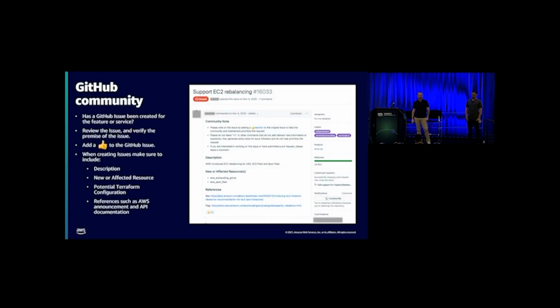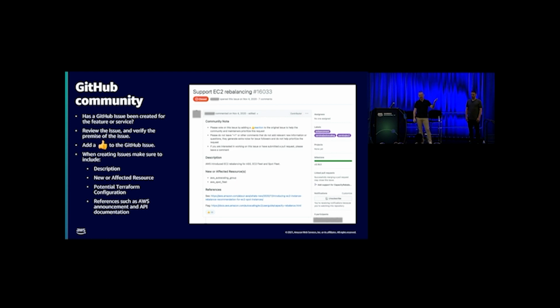So let's run through the anatomy of contribution. It always starts with the GitHub issue. What's interesting with Terraform and the way that they prioritize issues is that it's based on thumbs up. So community engagement. If you go and you see an issue that's there, and it hasn't been worked on or it hasn't been merged, please add your thumbs up. Crowdsource thumbs up. Go onto your Slack channel, ask everybody to go thumbs up the issue that you care about. This is a major point of how they prioritize looking and working and merging. And a lot of people don't know that.